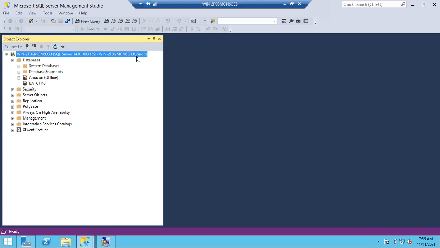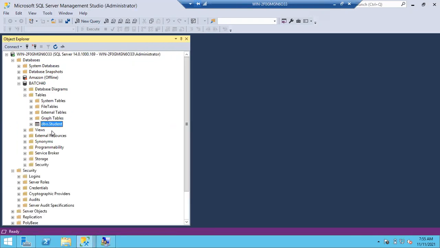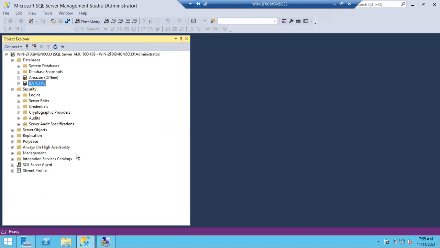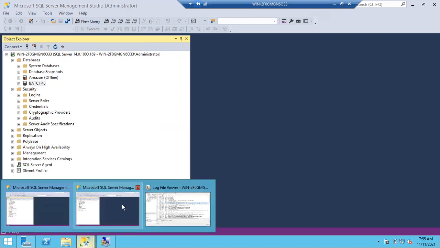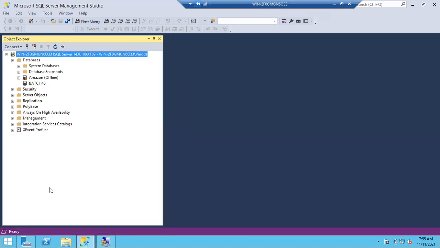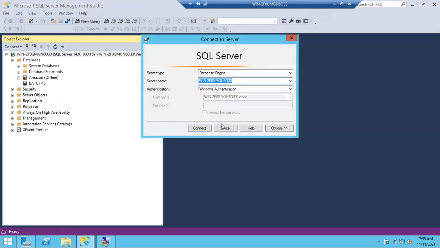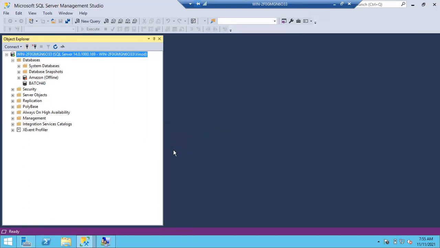Clear, guys? Yes. Any doubts? Anyone having any issues? No, sir. Okay, so this is how your Windows authentication will work. And you can see here, this is how you can log in with Windows authentication. Either you can log off from administrator and log in as Vinod in the Windows server, then open SSMS so that you will get Vinod's name here, or else you can directly